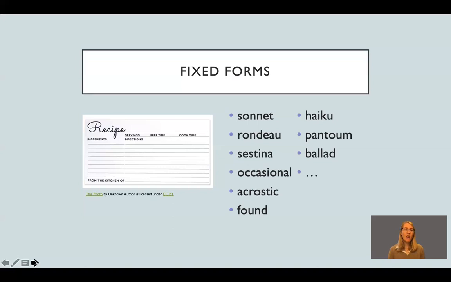So fixed forms can offer a really interesting connection to history, especially if the twist you bring to the form to put your own personal stamp on it helps readers engage with it in a new way. And it can also be a really interesting exercise as a poet or writer because essentially you're trying to follow that recipe. And in doing that, you have to think differently perhaps of how you would normally write a line or how you normally